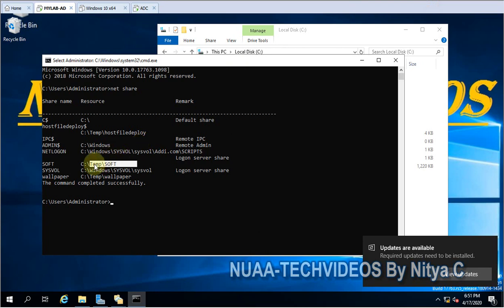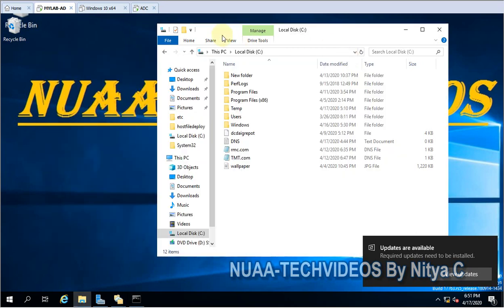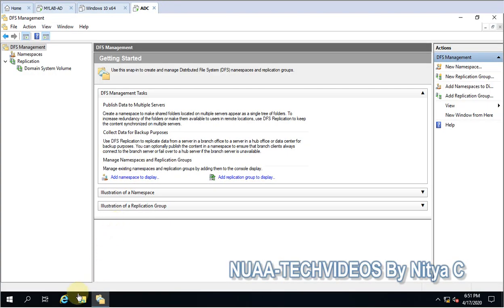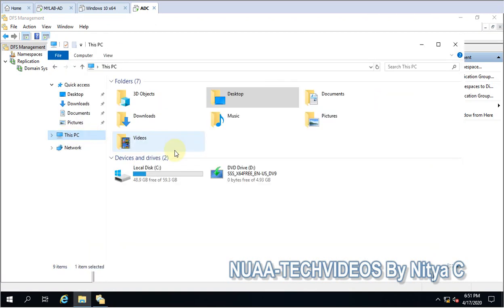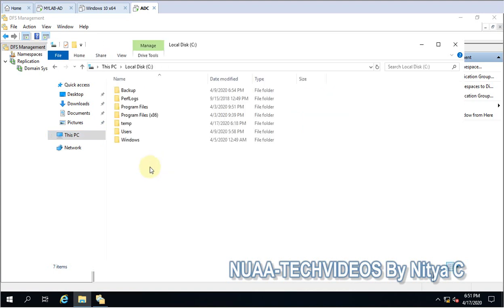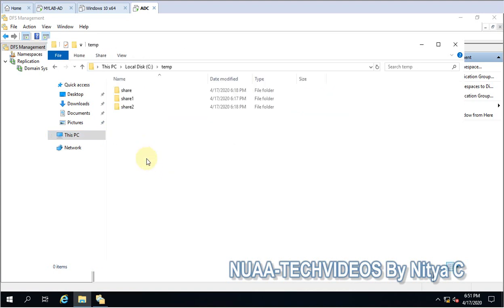I'll use temp, soft and the host file, deploy these two folders, and on the second I have also created some shares. Let me show you. So here you can see these are three shares, share and share 1 and share 2.